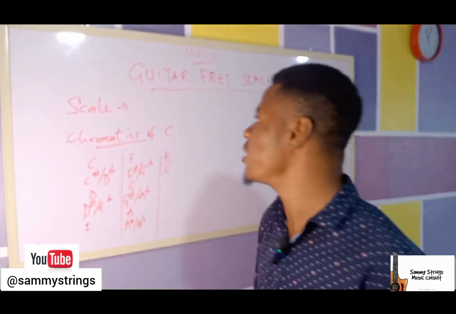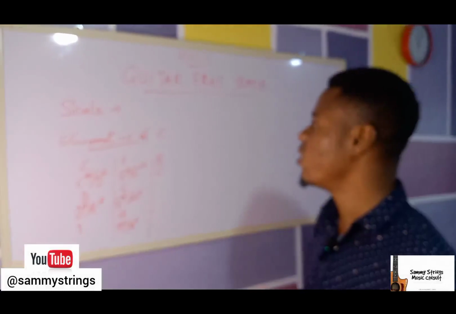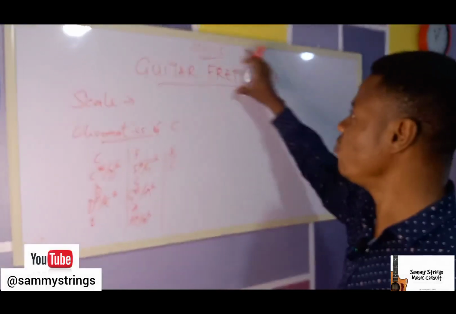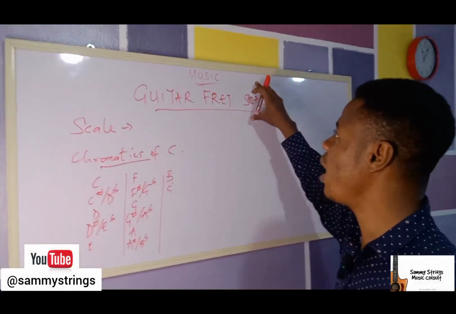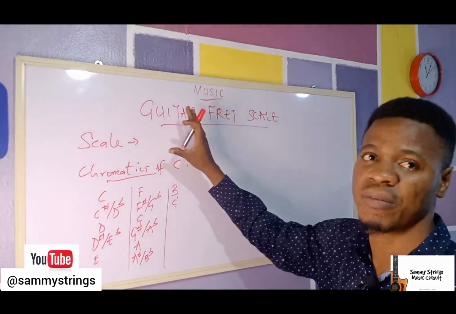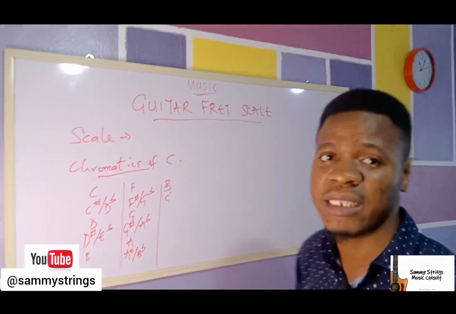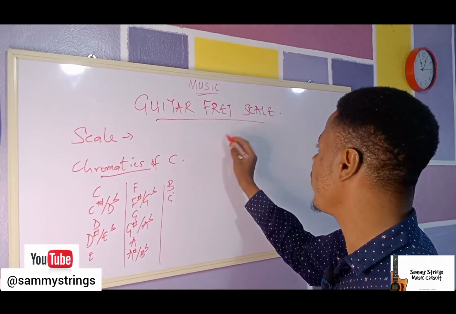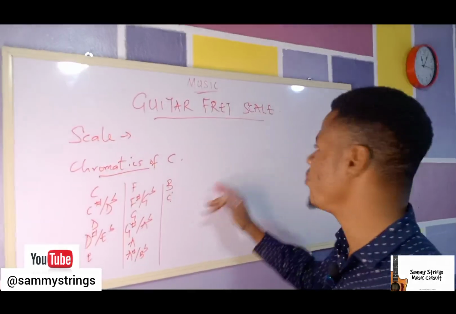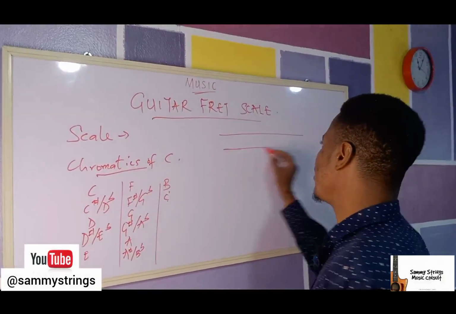Okay, now this time around we'll be talking about the guitar fret scale. The fret scale is talking about the scale we have on a fretboard of a guitar. So this is what it's talking about. So now this time around I'll be representing them graphically as a guitar scale. So where